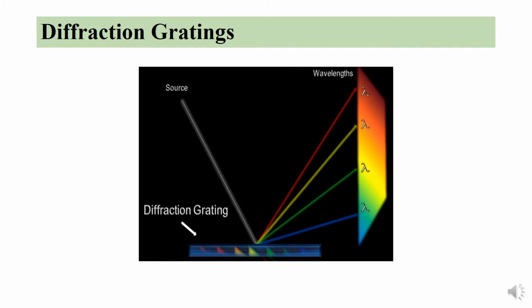In this figure we can see an optical device having a coated surface with very fine lines. When incoming light from a source is incident on this particular device, it gets diffracted into different wavelength components. That's the principle of diffraction gratings, and these are basically used in DWDM devices, filters, spectrum analysis, spectrometers, and pulse compressing devices.